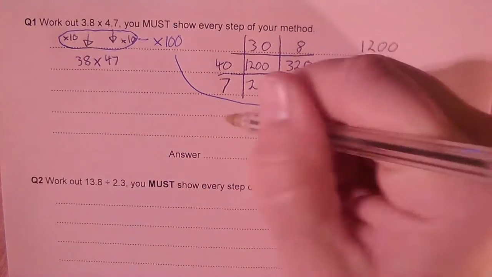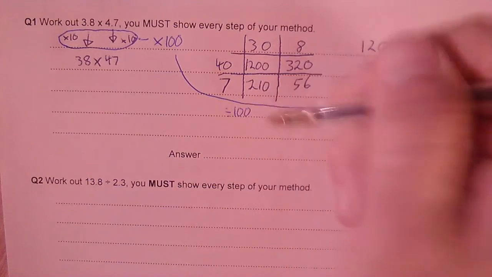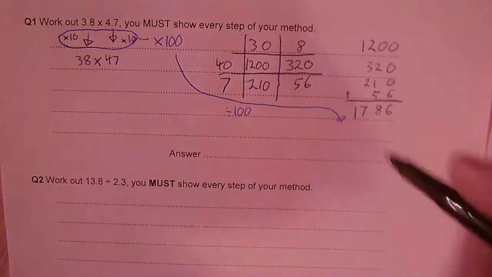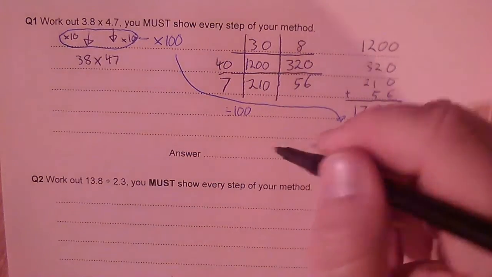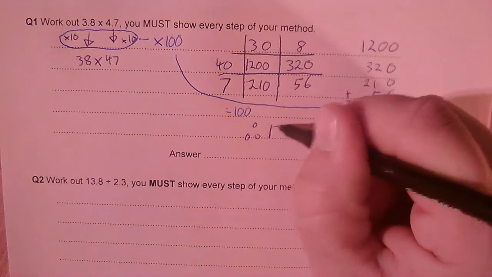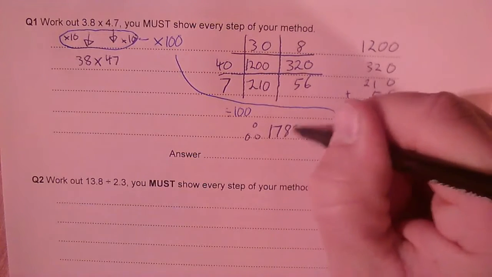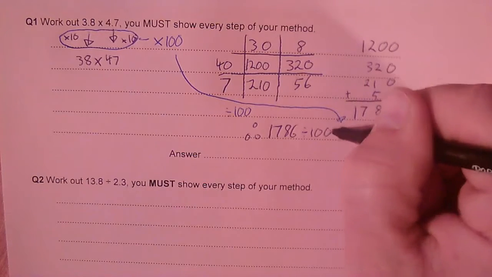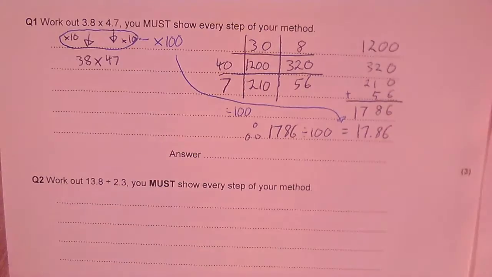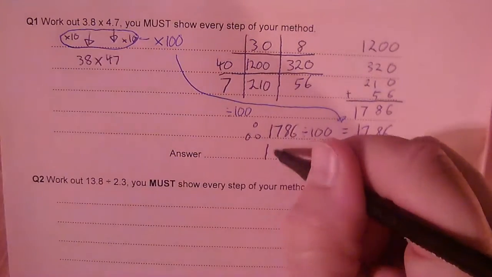and do the opposite, which is divide by 100 to get back to the sort of answer I should have. So I'm going to use my therefore sign. Therefore 1,786 divided by 100 equals 17.86. I'm going to write that as my answer,